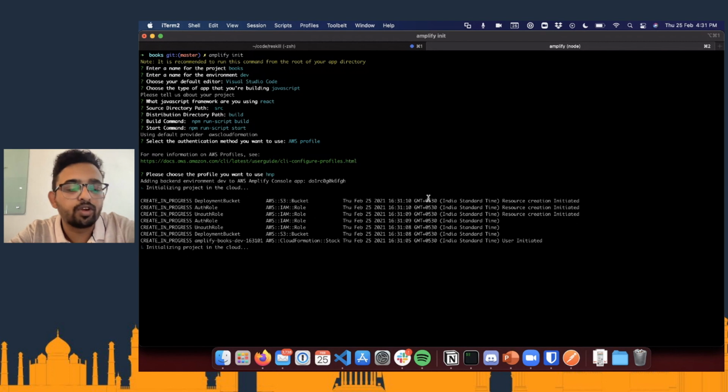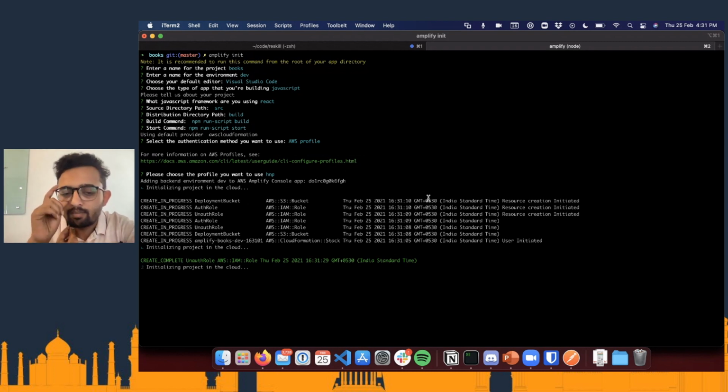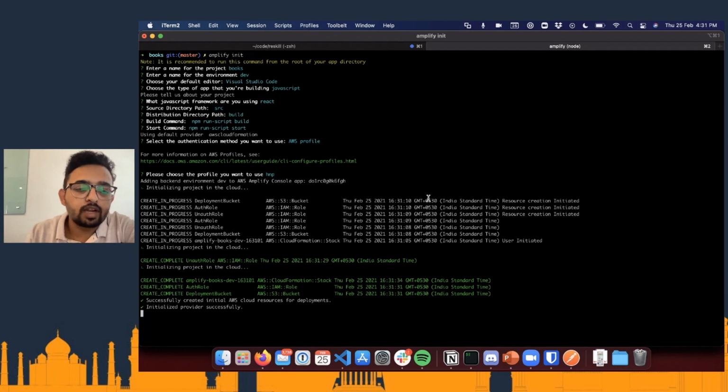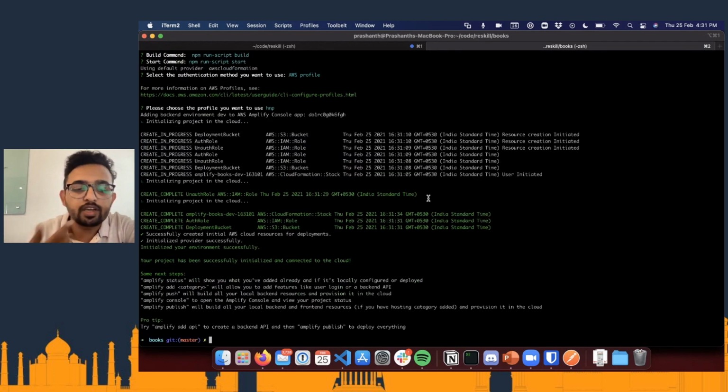Today we are going to add an API, a sample API, which is going to use API Gateway, Lambda, and DynamoDB. And we are also going to add authentication. And also we are going to use the readily available React components in our React application for authentication, and show that as well.